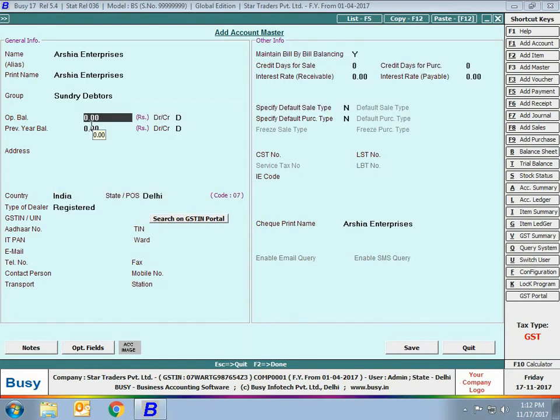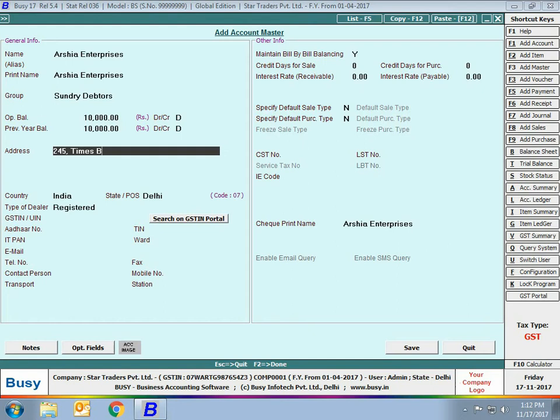Then as opening balance, you can specify a party's opening balance here. That is, any closing balance of the previous year will automatically become opening balance. Then whether it is a debit balance or a credit balance, and then there is the field of previous year's balance. You must be wondering why we are asking for previous year balance. Obviously, last year closing balance and this year opening balance will be the same. You can see on the screen you are not allowed to enter a value in this also. This field will be activated only for the revenue account groups.